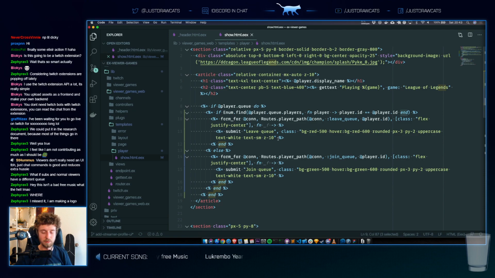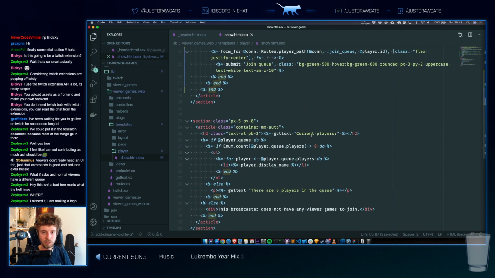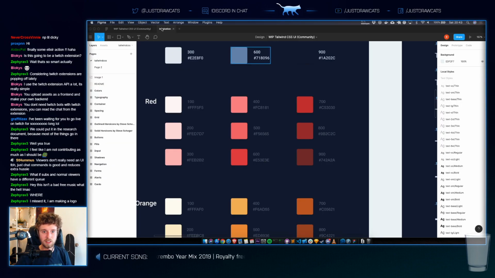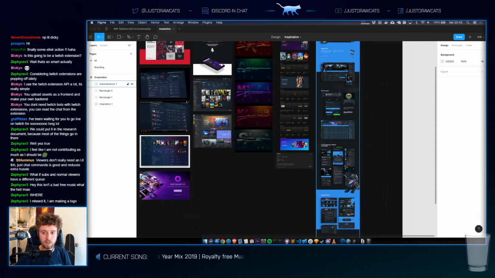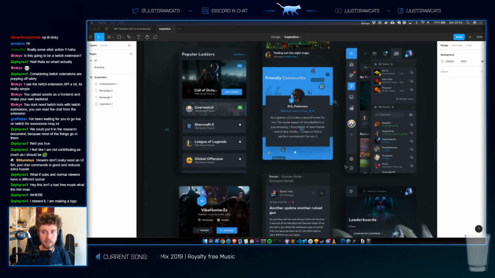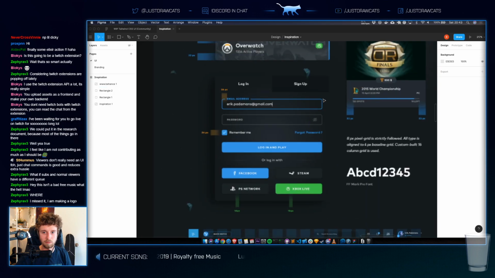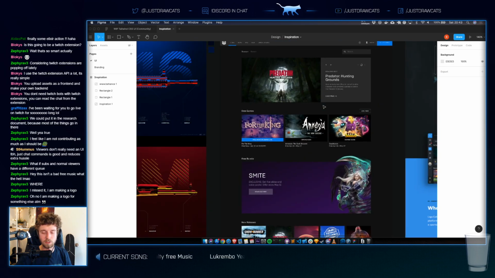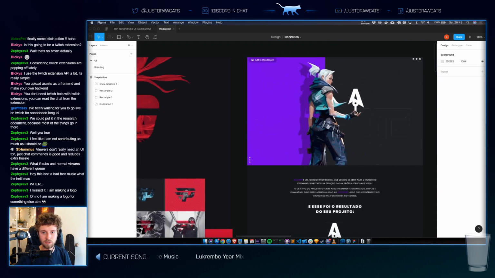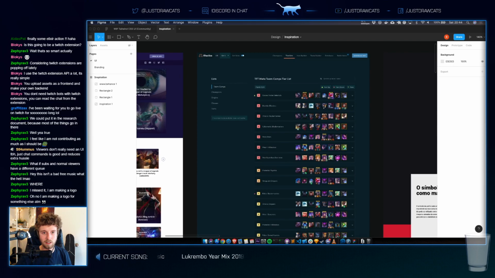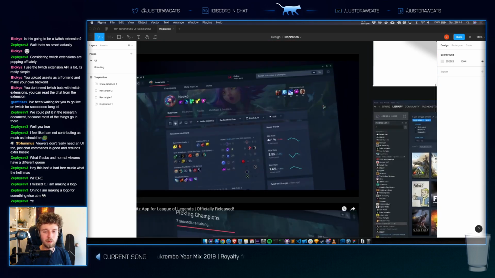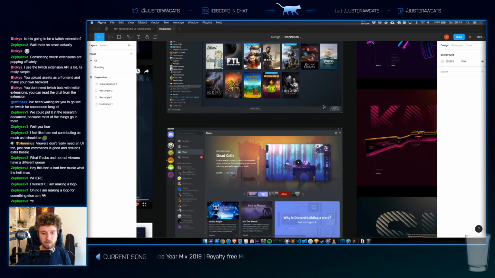I'm making a logo. The logo is like the least important thing, man. I need you to work on the UI. I need you to take a look at the inspiration. Come up with something that works for us. This is probably the UI I like the most in terms of color scheme. By the way, this is just a list of inspiration. Also, I need you to think of what it's gonna look like for the streamer UI. How are they gonna manage their viewer games? How are they gonna pick players from the queue?